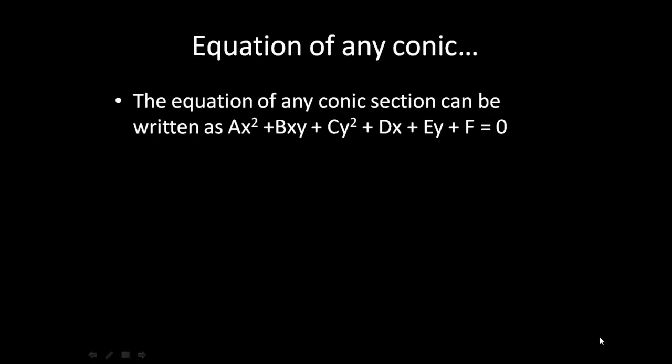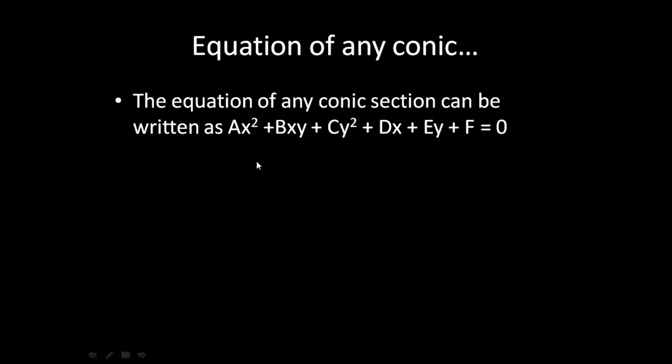We are going to look at classifying conic sections. Now, an equation of any conic can be written as ax squared plus bxy plus cy squared plus dx plus ey plus f equals 0. And if we're given an equation like that, it's not obvious whether we have a parabola, a circle, an ellipse,